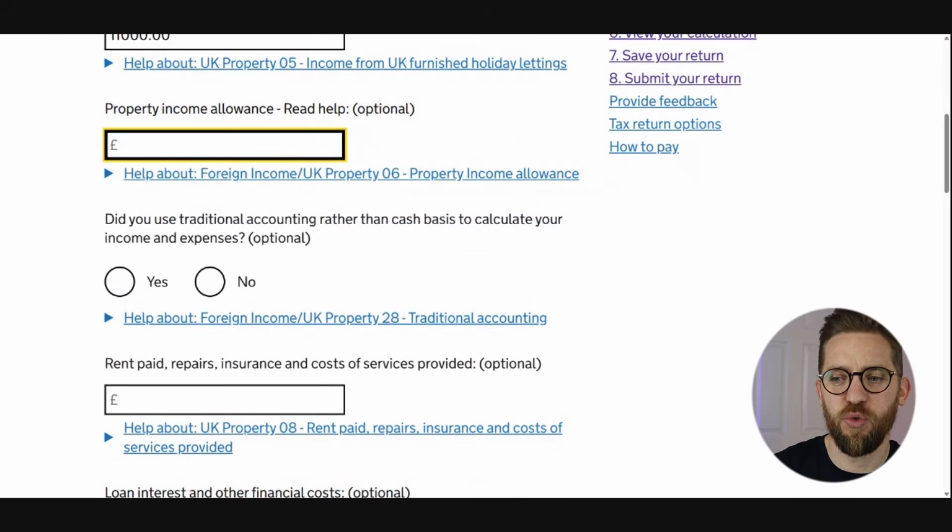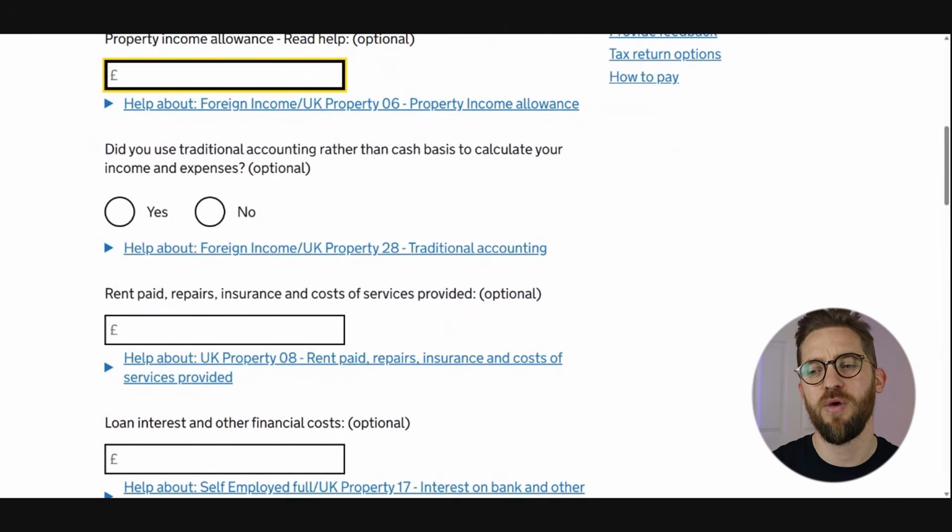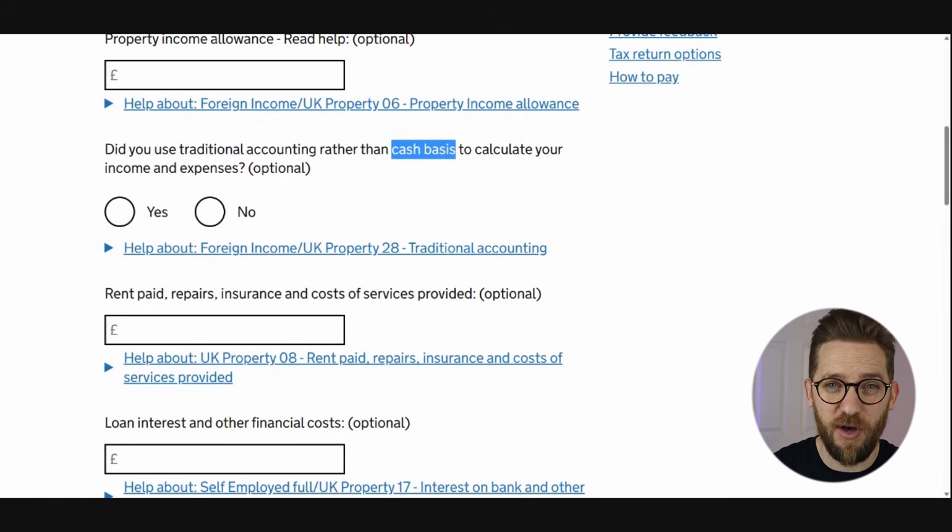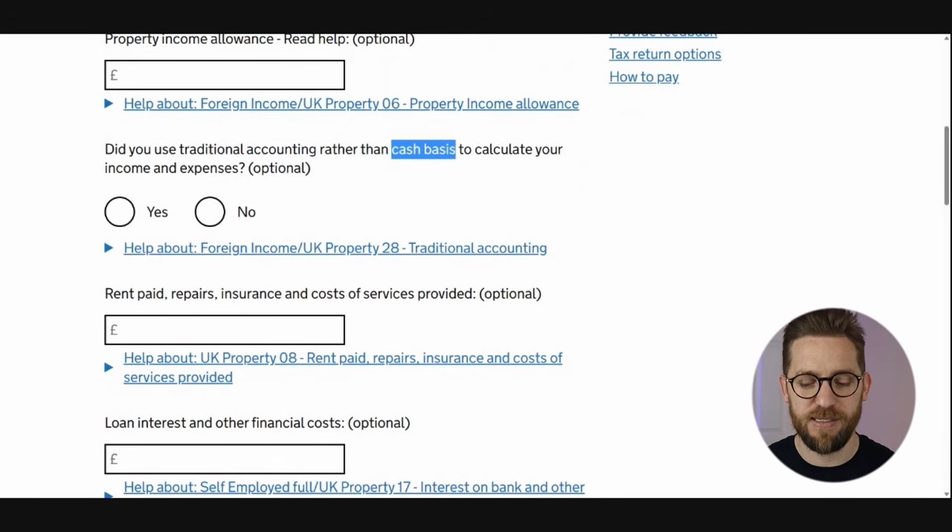Did you use traditional accounting rather than the cash basis to calculate your income and expenses? So cash basis is a simplified way of accounting. So you only account for your income and your expenses as the money is actually spent or actually received. So if you think about it,